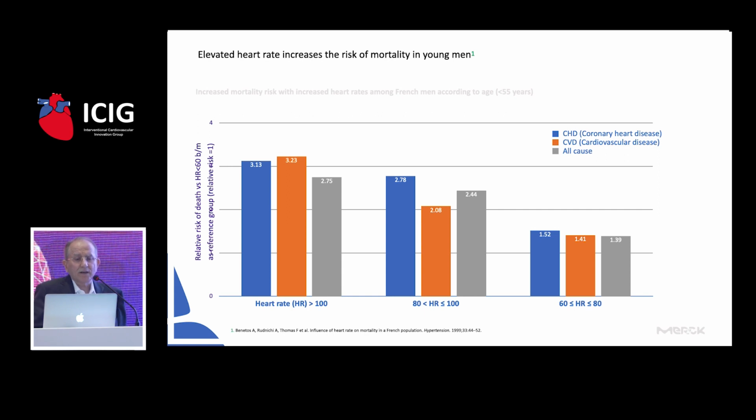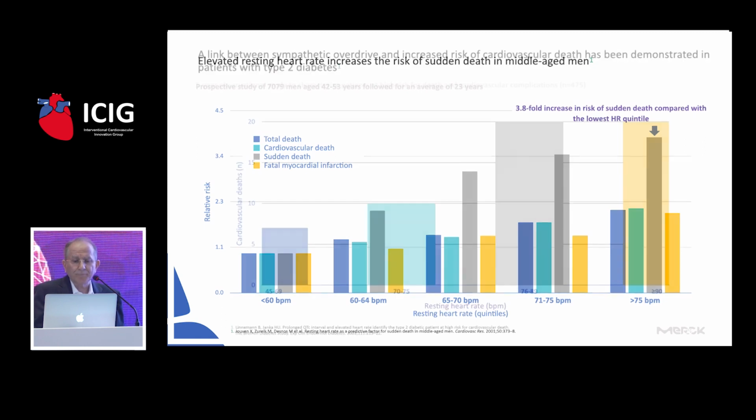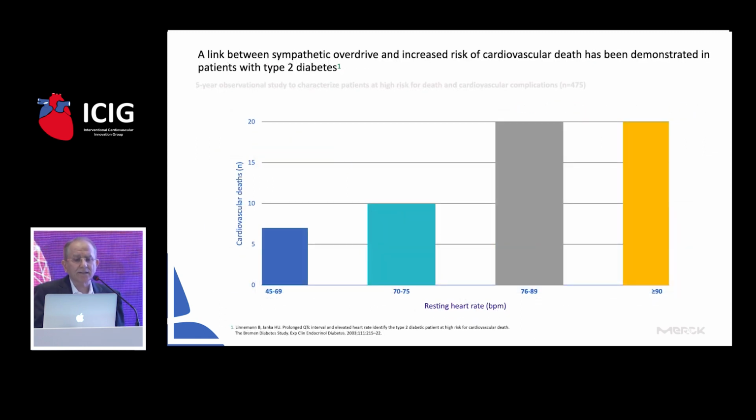Elevated resting heart rate increases the risk of sudden death in middle-aged men, again as a function of increasing heart rate. And there is a link between sympathetic overdrive and the risk of cardiovascular death demonstrated in patients with type 2 diabetes. You could see the function of increasing heart rate and cardiovascular death in diabetic patients. Elevated heart rate,